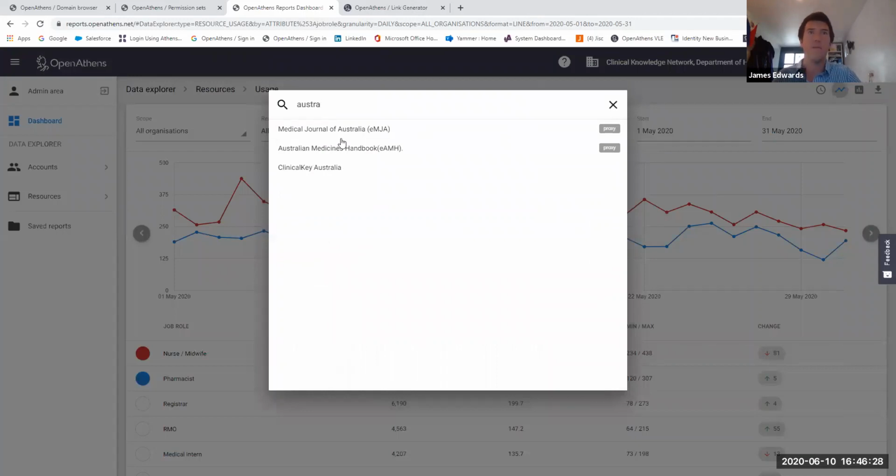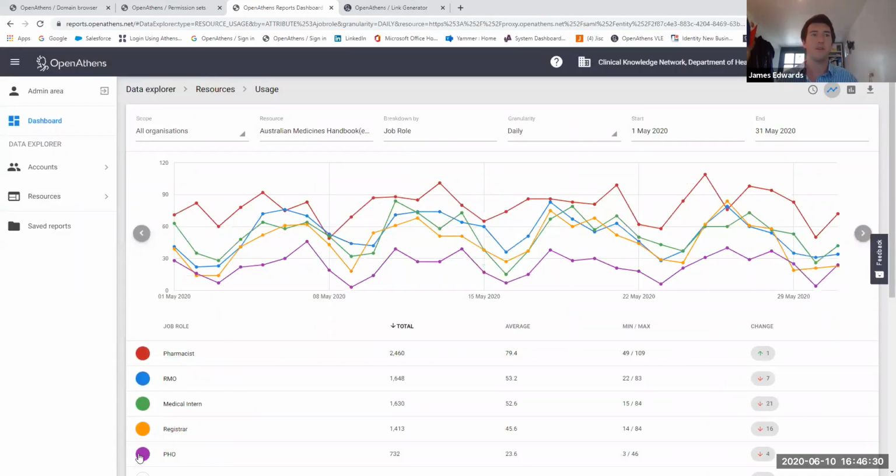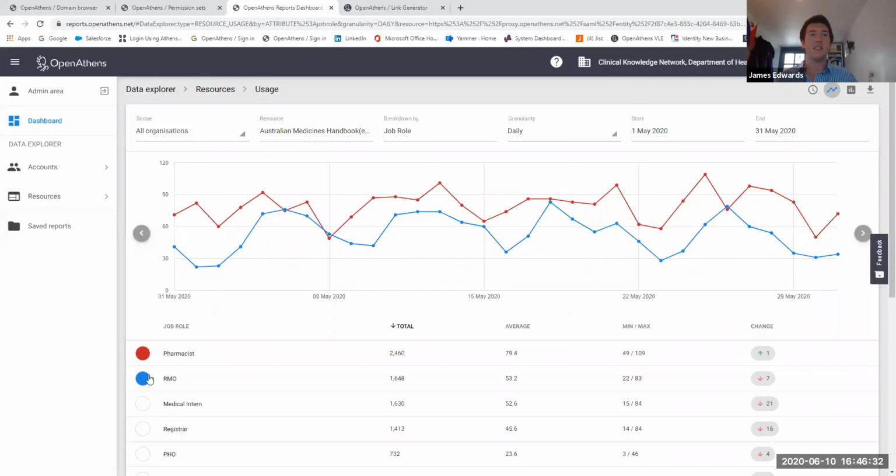And you can jump in, so that's looking at all your resources, but as we know it's popular, let's look at a specific resource. So in this case here, actually it's the pharmacists that use this resource the most, and the nurses and midwives, although they were your heaviest users of your content, they don't actually use this article, this database that much. So already there you're starting to get these ideas of actually not just how much your content's being used, but who's using it and perhaps why they're using it.